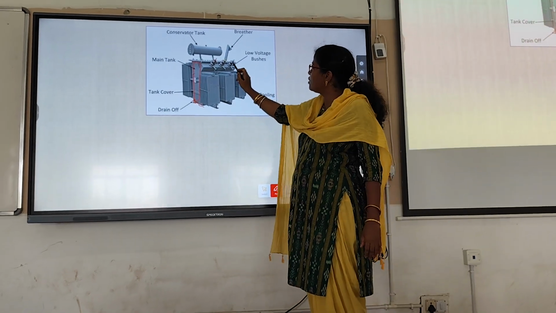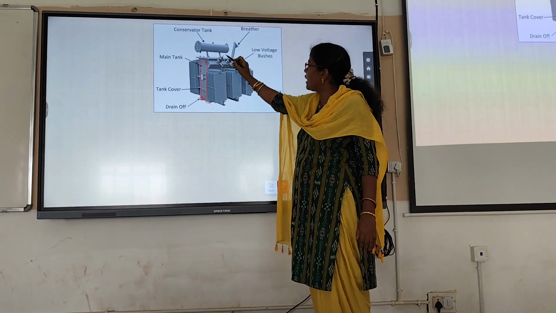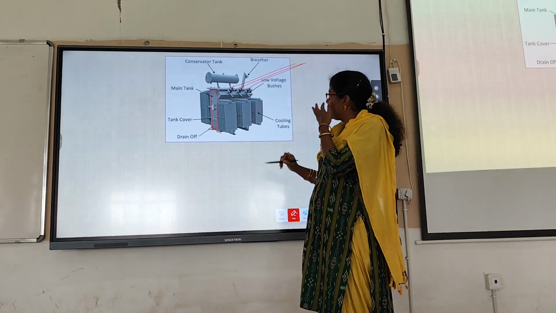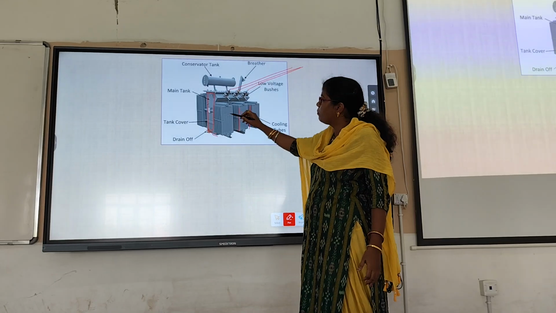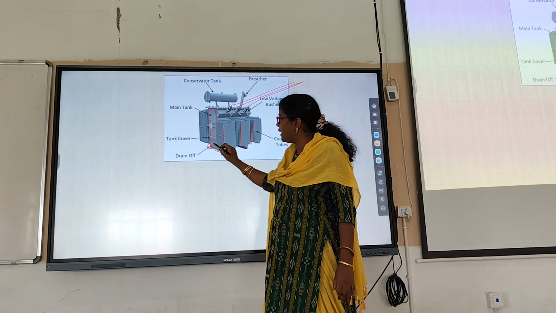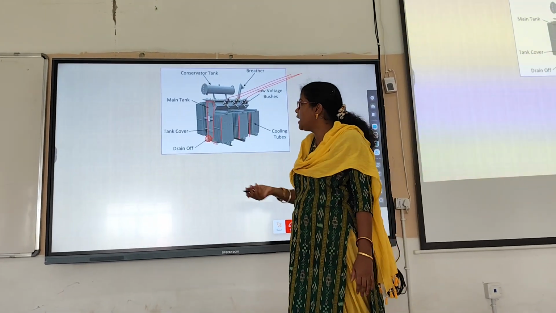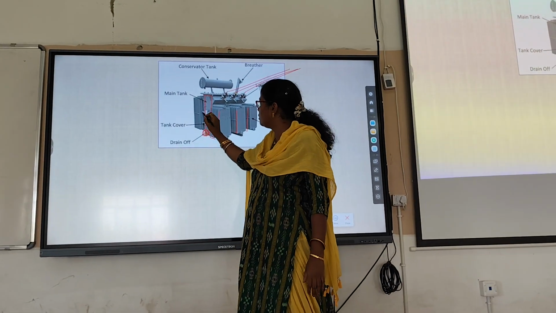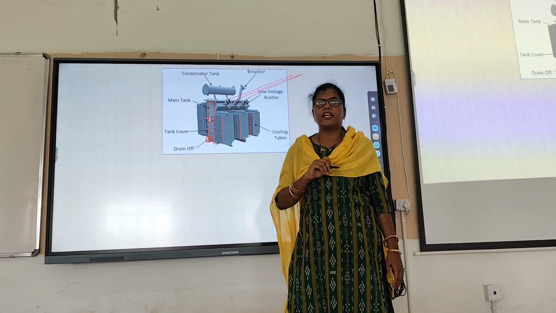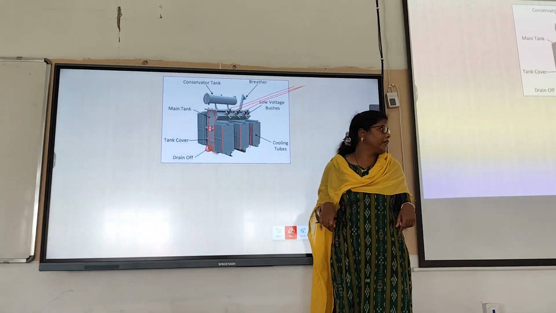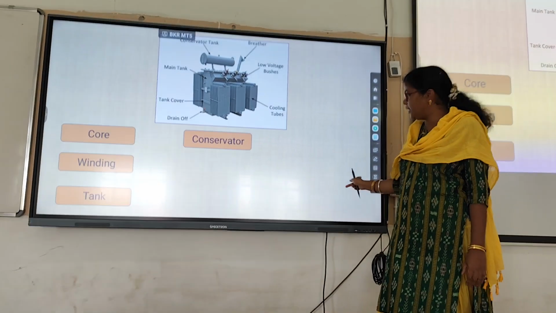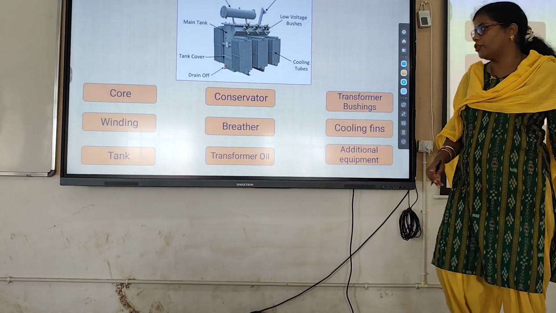Then these are the bushings, which connect with the supply. These are the terminal points. Clear? Then these are your cooling tubes. For the cooling purpose, we are using cooling tubes. For the insulating oil, we need a drain point or drain pipe. Then this is your tank cover. And this small white one is considered as your name plate. Second is your winding, then tank, conservator, breather and additional equipment. So these are